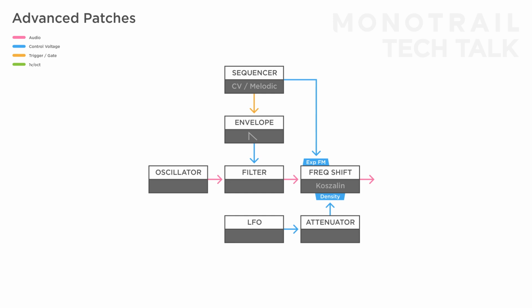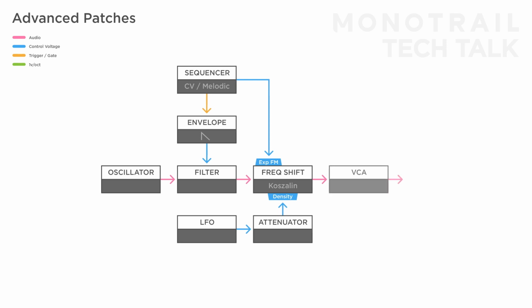Frequency shifters are great for all sorts of techno sounds. Here you see the exact same setup with a pulsating input tone and a sequencer modulating the exponential FM input. This time though, a VCA is added at the end, and another oscillator is modulating the linear FM input with